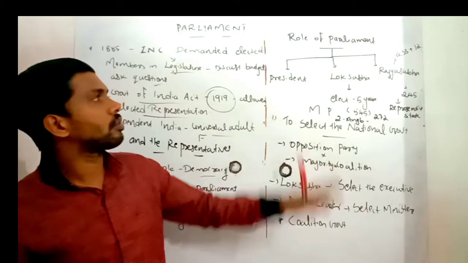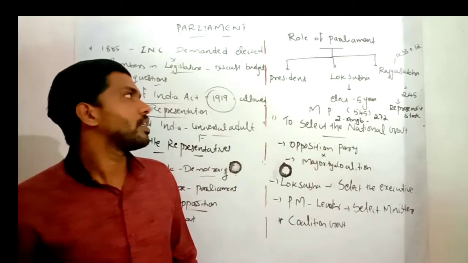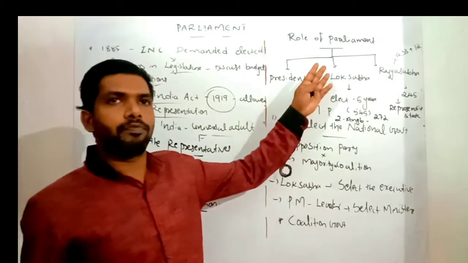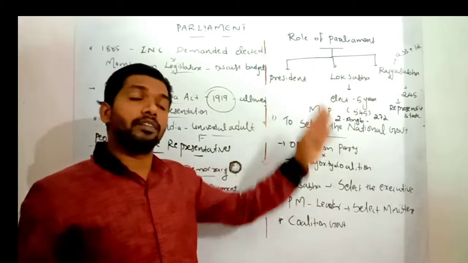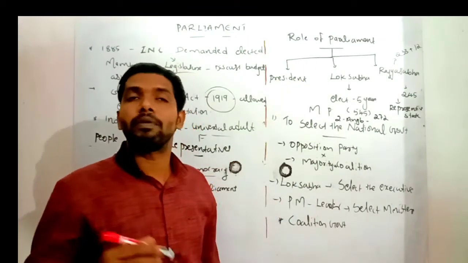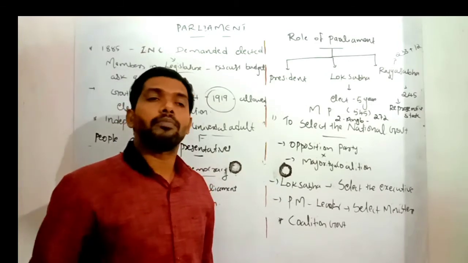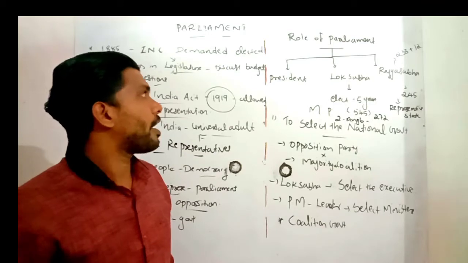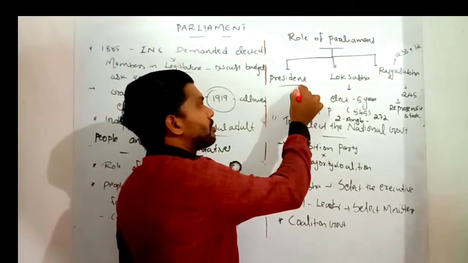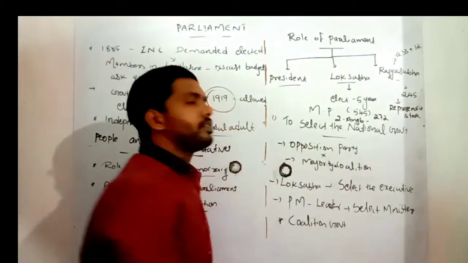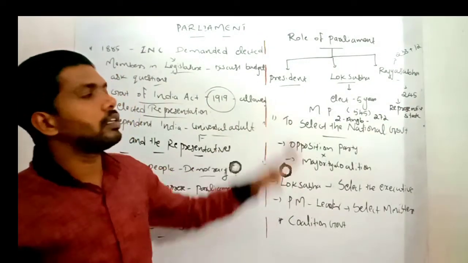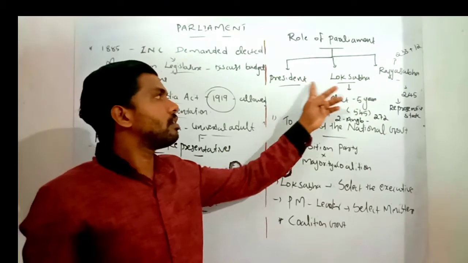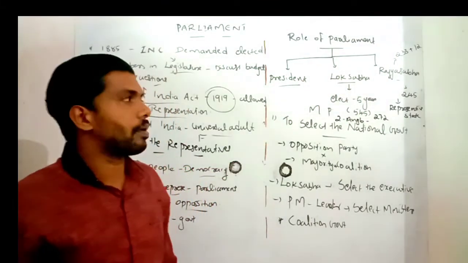Then next one, role of parliament in India. So now India, after getting independence, we formed a parliament. We are following the parliamentary form of government in independent India. That is, we took it from the British administration. And parliament includes the President, Lok Sabha and Rajya Sabha. It is together called Parliament. Once again, Parliament is comprised of the President, Lok Sabha and Rajya Sabha.